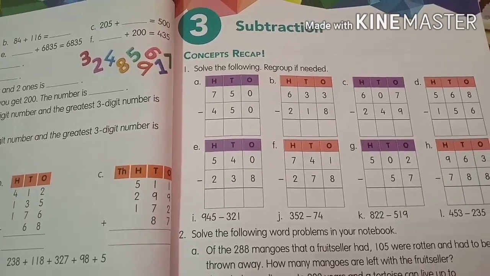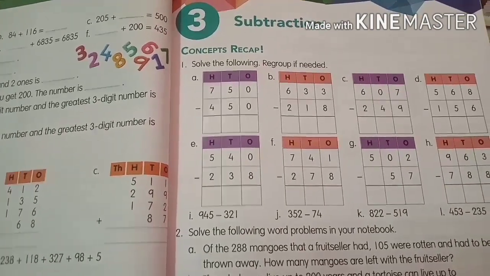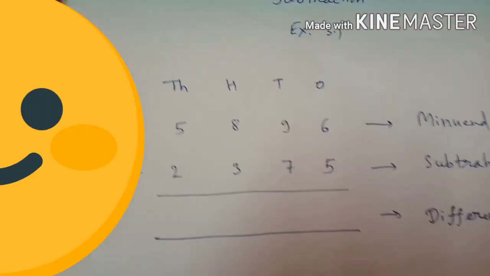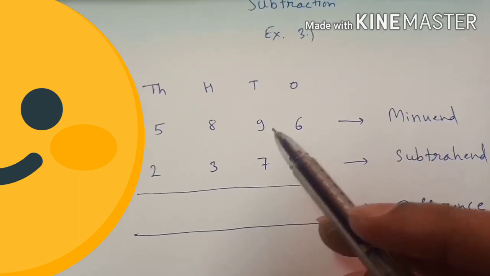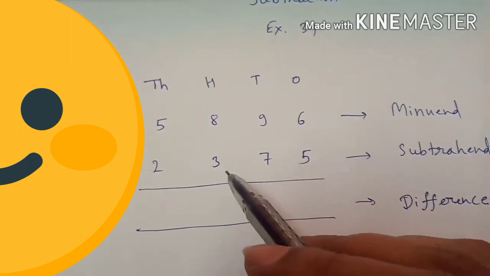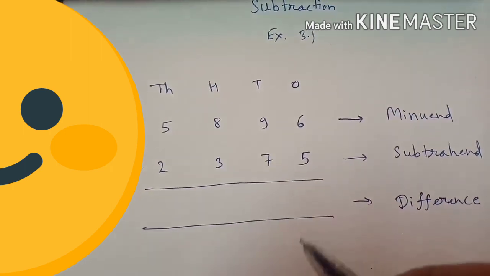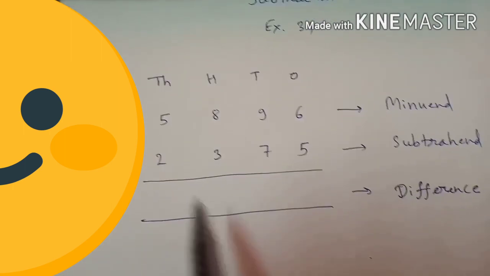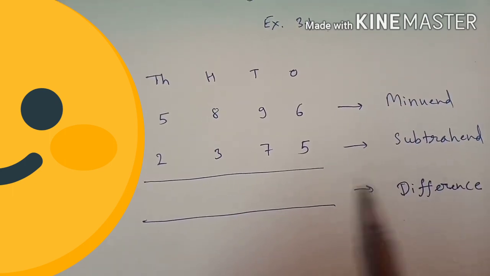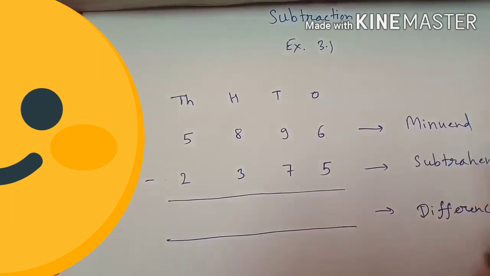Hello everyone, today we will study chapter number 3, subtraction. In subtraction, the term which we write above is called the minuend, and the term which we subtract from the minuend is called the subtrahend. Okay, and the result of subtraction is called the difference. So remember this thing. Now we will solve exercise number